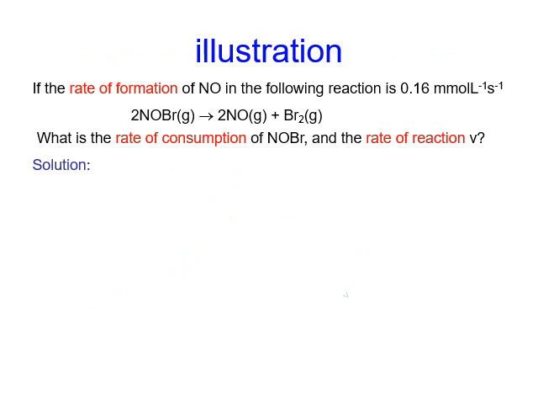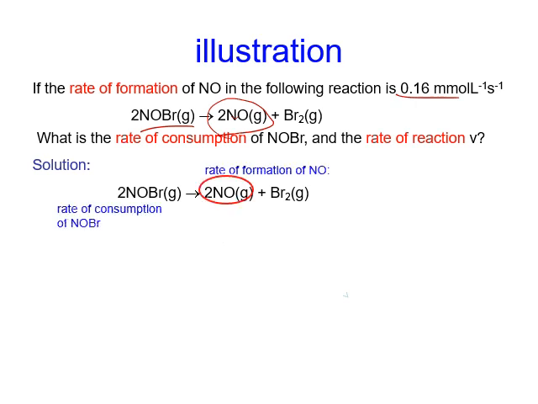Sample question. If the rate of formation of NO is given, so NO rate is 0.16, what is the rate of consumption of NOBr and the rate of reaction? So in this case, what is given is the rate of formation of NO, and we want to calculate the rate of consumption here. Okay, now we know that the individual rate, if you divide by coefficient,